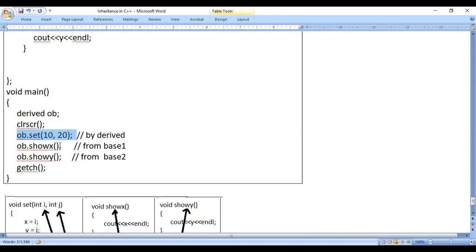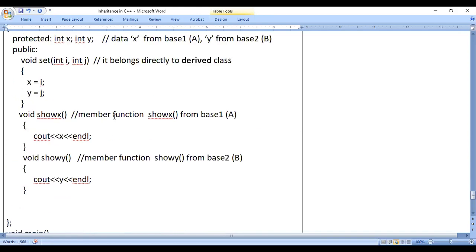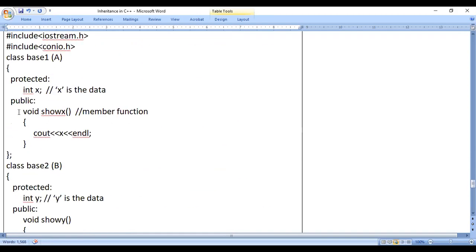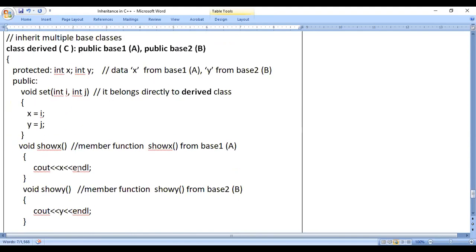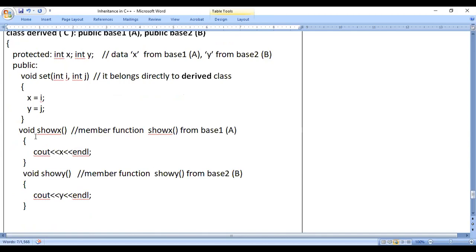Now coming to ob.showx, we will see what is the case. The ob object belongs to the derived class, whereas the showx function is present in class A, but still we can access it because it is inherited. Inheritance mode is public, so this entire function you can consider as coming in the public section of the derived class. So this function can be accessed.